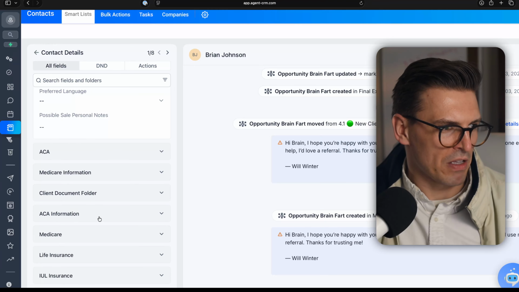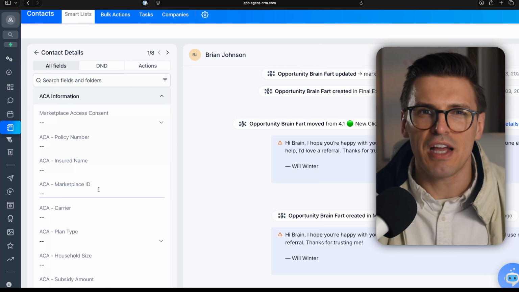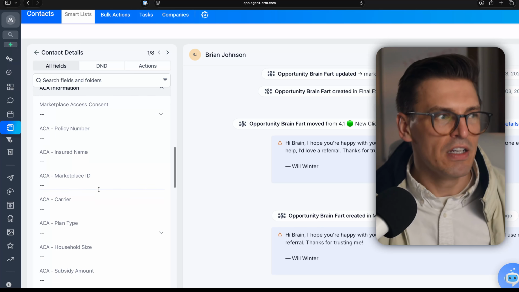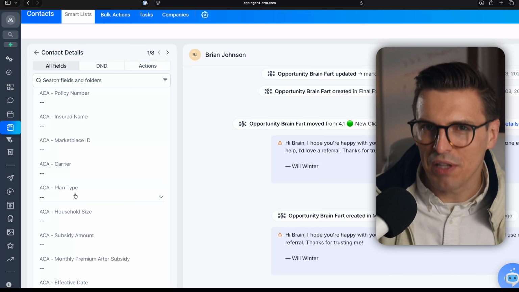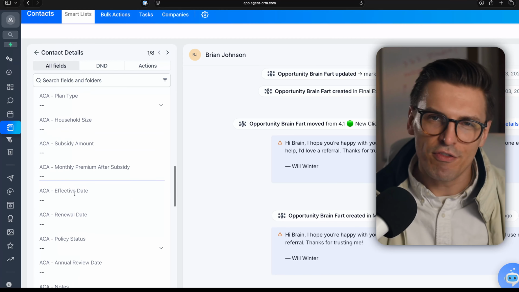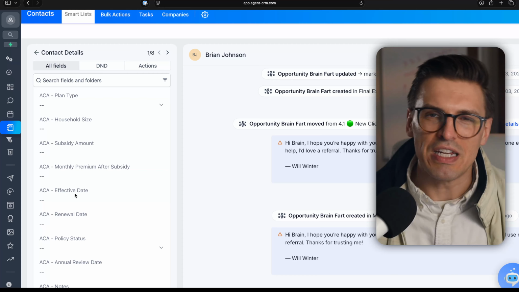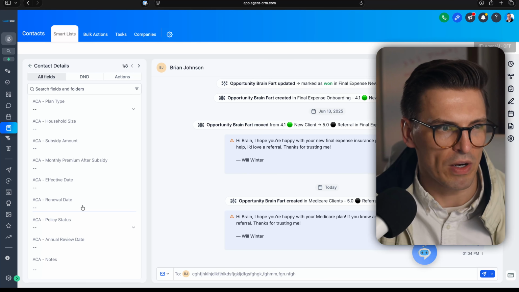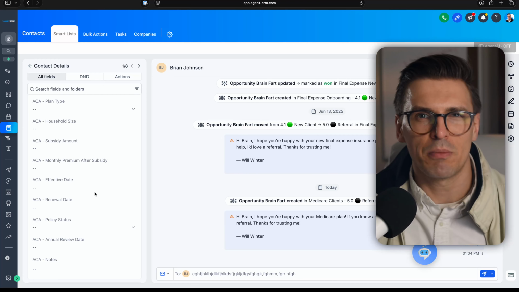Let's look at one that might be a little bit more filled out here. ACA. Many of our branding bundles come with most of the fields you'll probably need for ACA. If you need to keep track of their marketplace ID, the carrier, the plan type, etc., all that information is in here. But you may have other information you need to add. You may have other features that you want to look at as well. We're going to show how to create that, but one more thing I'll take a little bit of a side